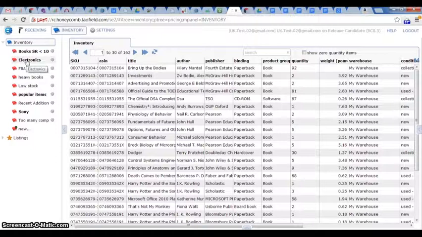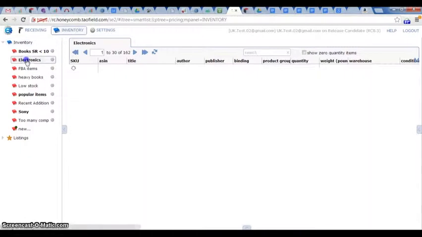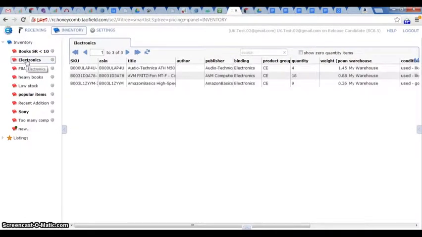What smart lists are, they are dynamically updating lists or views of your inventory. For example, looking at ones that I've already created, I've defined the smart list as show me my electronics products. And the reason I might segment out inventory by these different criteria that I have here, and these are titles and names that I've determined,